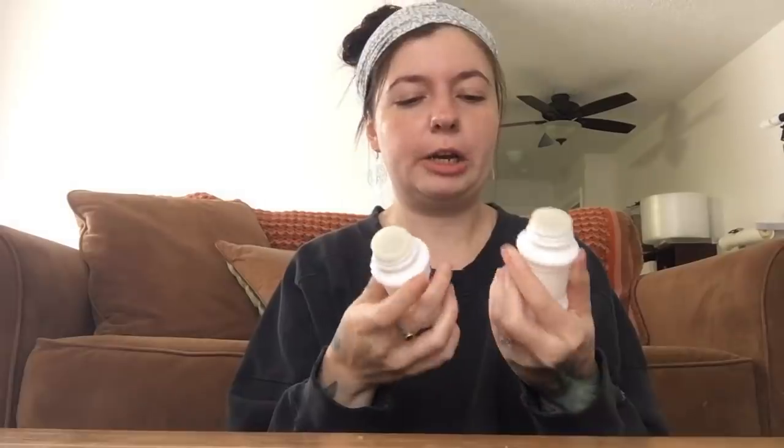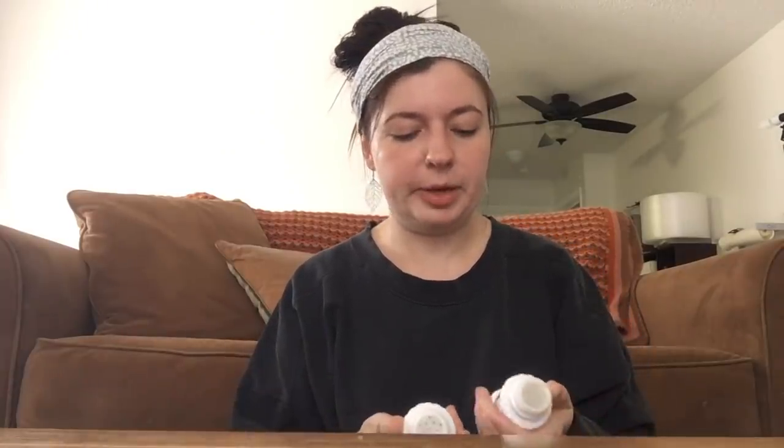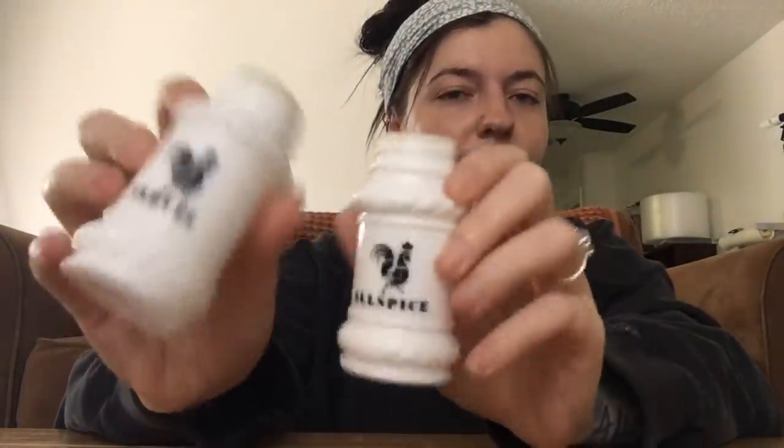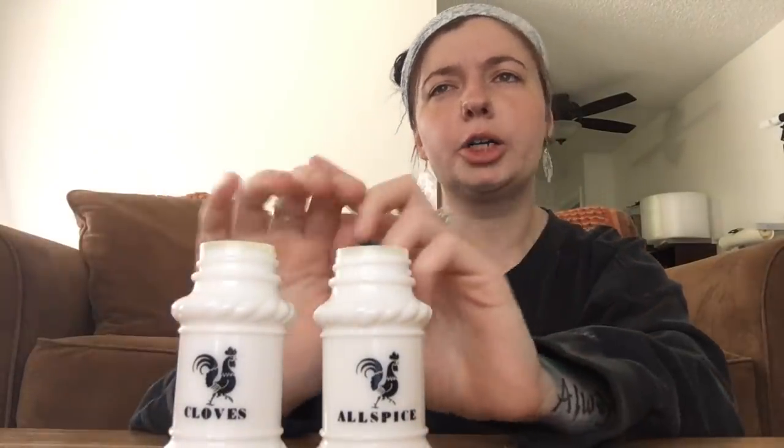Okay, so let's stay on the salt and pepper shaker thing. I found a lot of salt and pepper shakers, but a lot of them didn't have their stoppers. A lot of them had some damage to them. Those were in still good enough condition where I went ahead and picked those up. This is an allspice and clove shaker set, and I forget what the company is called, I'll put it on the screen, but they had a bunch of them. They had salt and pepper, flour, sugar, all the spices,